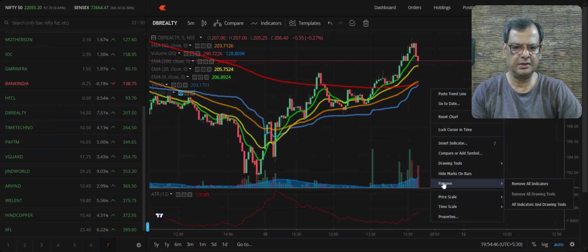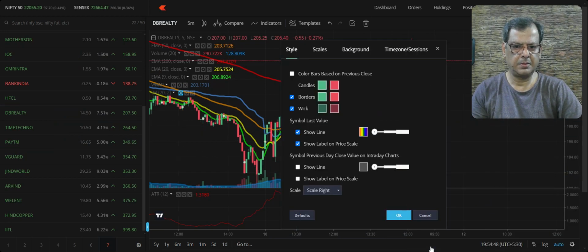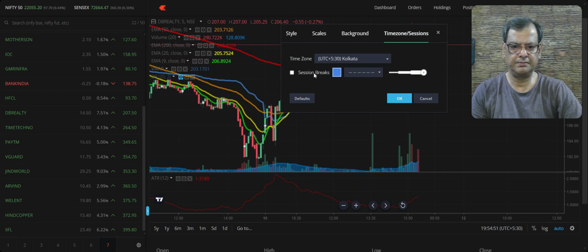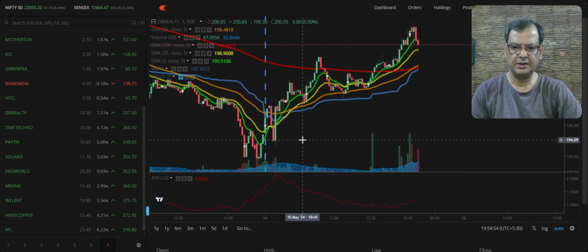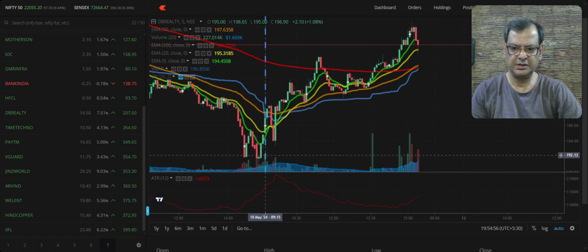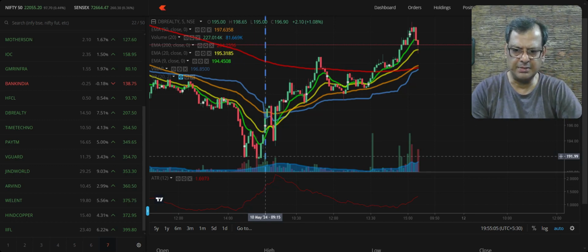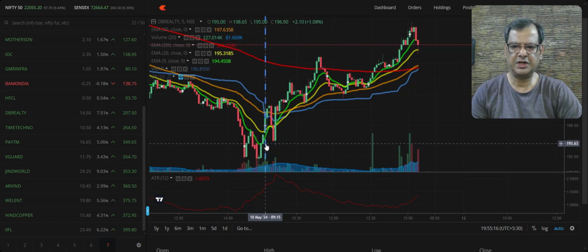Let me add the session here so that it's clear. Now, if you see here, the last candle has closed at 194.80 and we are opening at a 20 paisa gap up. Okay. And we are on the 5-minute candle, and I've kept the ATR indicator just to get an idea of the volatility. So if you see here, this price is bang in the middle of the EMAs, and